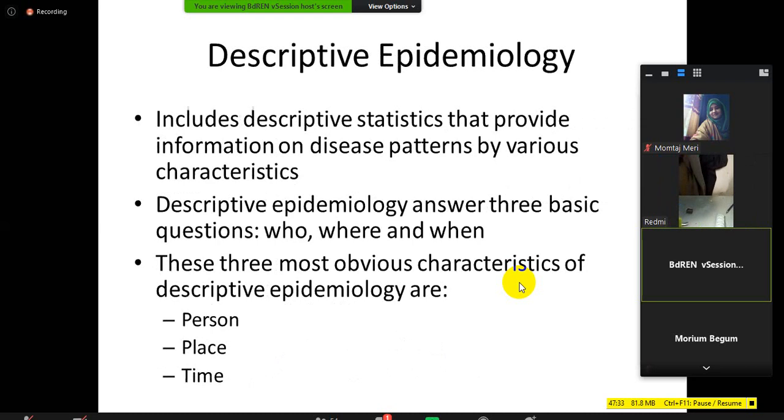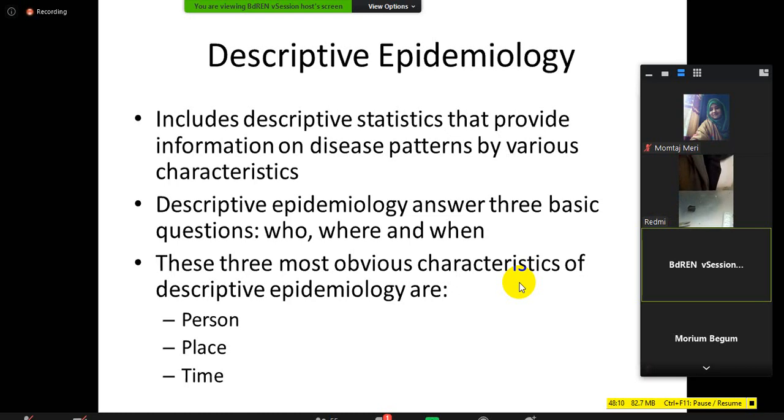Now let us start with today's discussion. Today I am going to discuss descriptive epidemiology. If you remember, epidemiology is classified broadly into two sections: one is descriptive epidemiology, another is analytical epidemiology. Now, what is the basic difference between descriptive and analytical epidemiology? In descriptive epidemiology, as I also discussed, when we are dealing with any